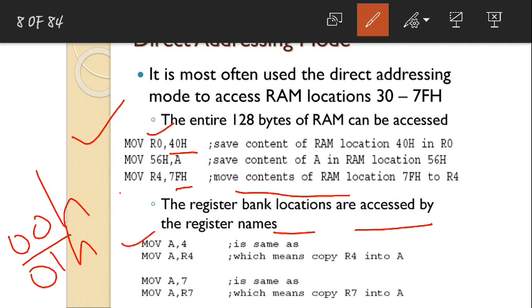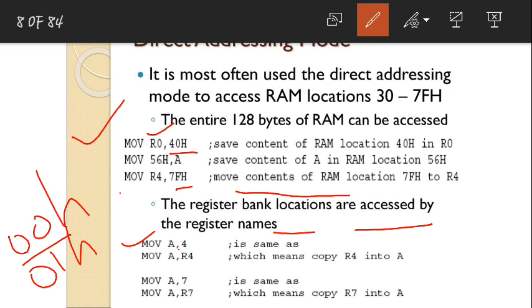Generally this shouldn't be written in this way in 8051. Always the correct format is 8-bit, right? A is an 8-bit register. With 4, there is no H written beside it, which means it will not be considered as hexa. And one more thing, if you write only 4, it will be taken as a decimal. So that is correct in the decimal way.